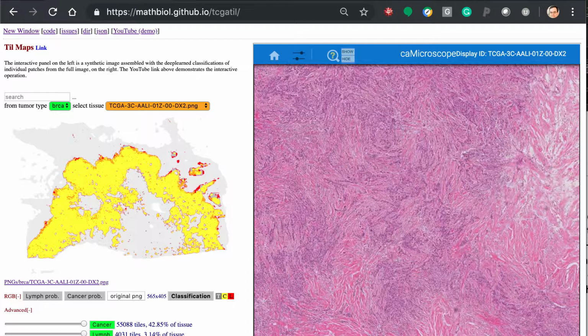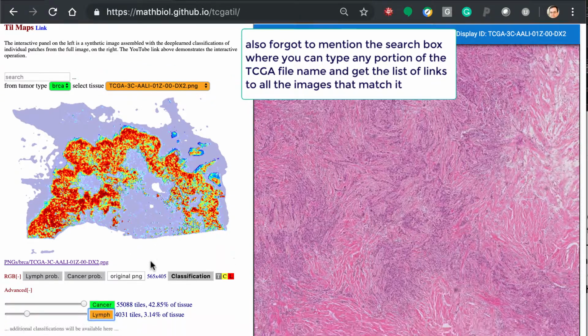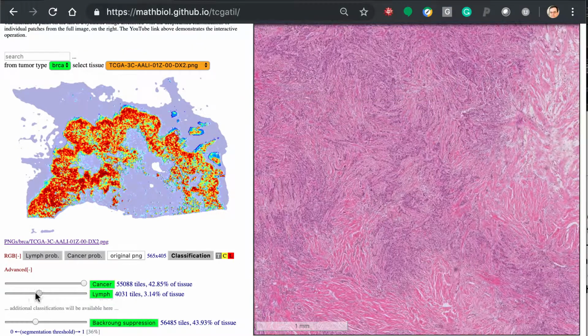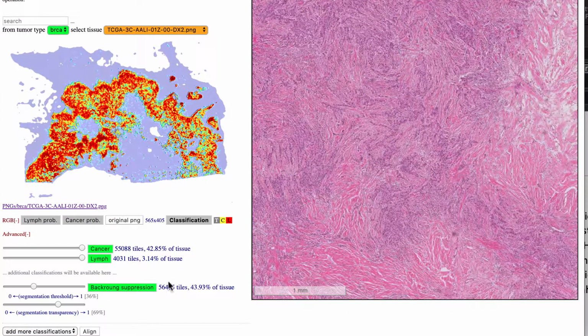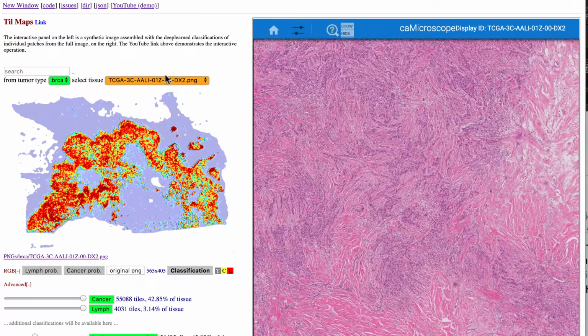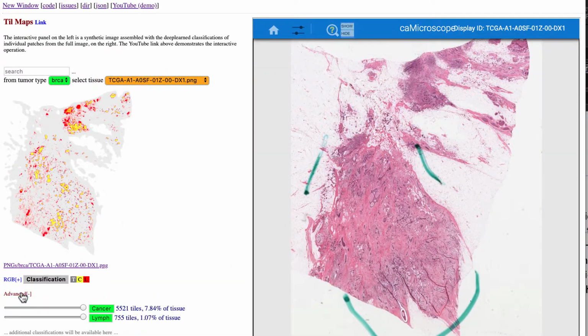I did actually. I did forget to tell you about the tools that make it easier for you to share images with other people. So let's say you find an image you find interesting. I'm going to move to lymphocyte classification. You also can generate little movies. You can stop that. You'll discover some things as you go. So let's move this up a little bit. Okay. So let's say you find an image you want to share with someone. How would you do this? So I'm going to find some image. If we keep it on